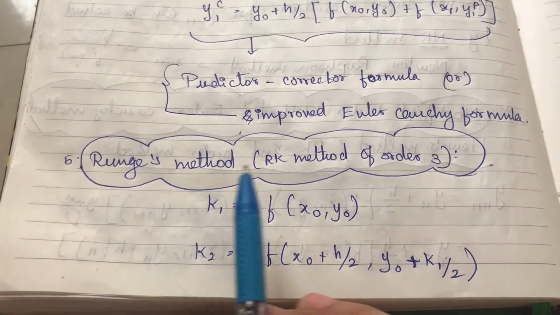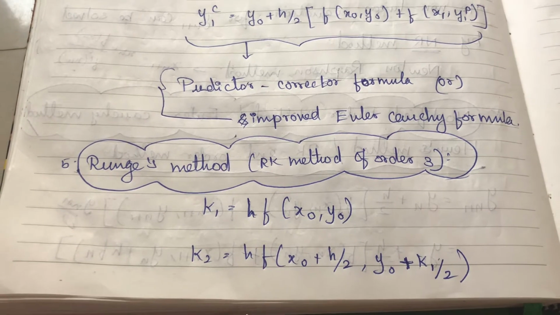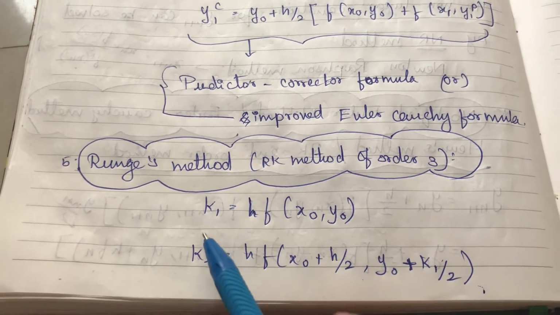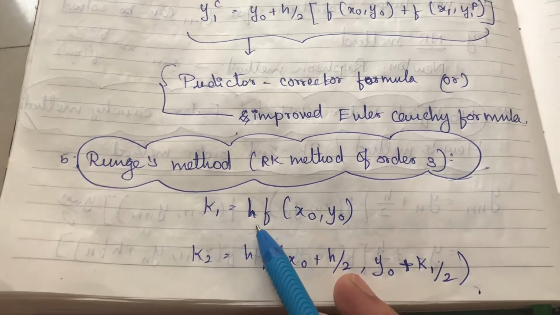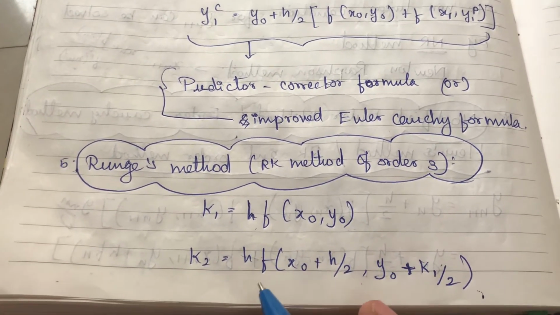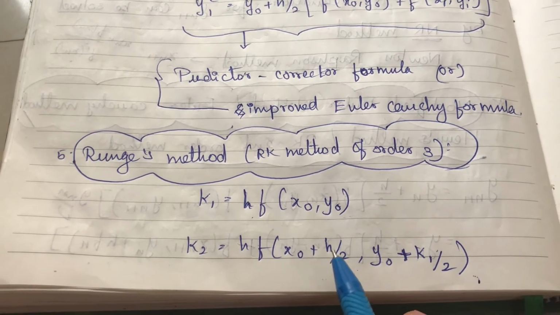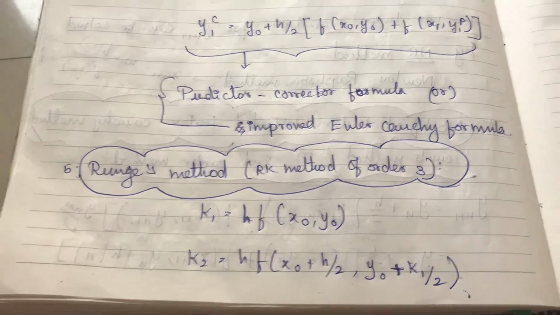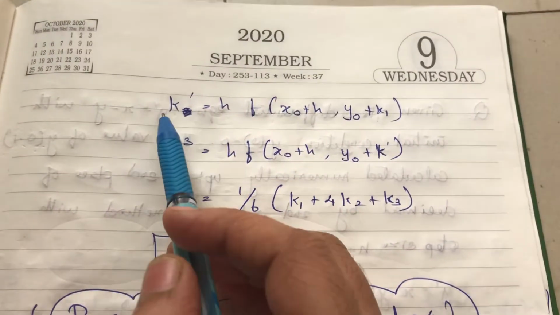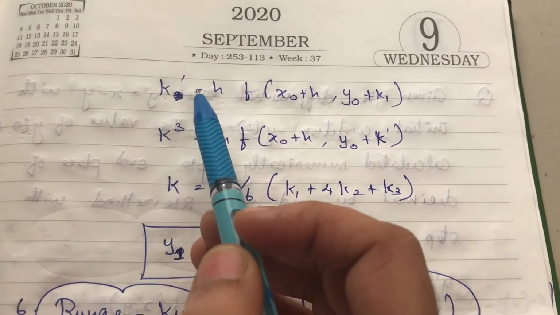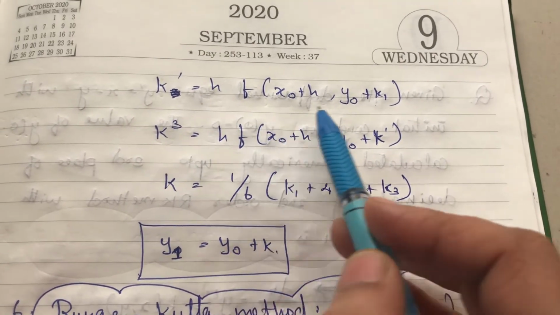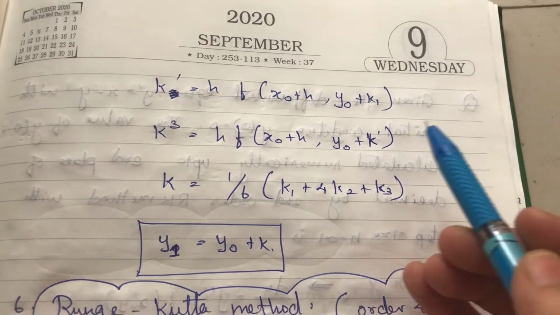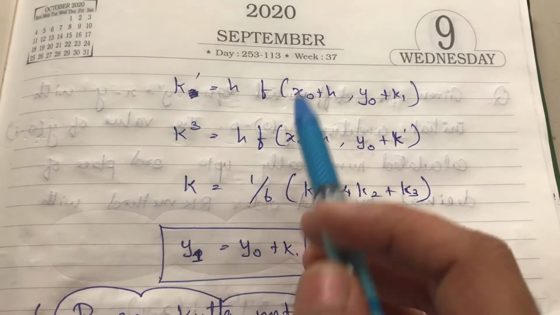And the next one, Runge-Kutta third order. So this also has something, actually h by 2 and k1 by 2. So it's the same, k1 is nothing but h into function, k2 is also h into function, but the function which has the addition h by 2, k1 by 2. So this is the difference here. And then k dash, so we need to find the k dash here, k dash which is equal to h into f of, the 2 will not be here. Okay, so this was k dash.